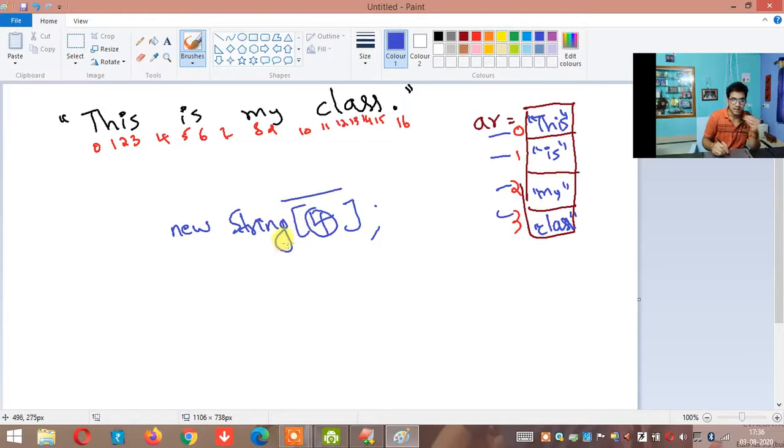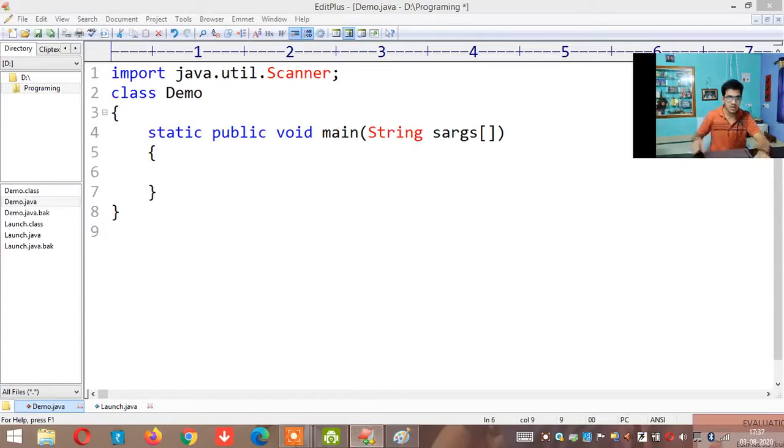Yes, I have to put the word count here. How to get the word count, that we'll see later. But somehow you have to get how many words are there. That word count you have to store here. And I'll tell AR is one dimensional of the type string. So this is what you have to tell. As soon as you tell this, what will happen? We'll see. First I'll go to the code, and let me write the string.